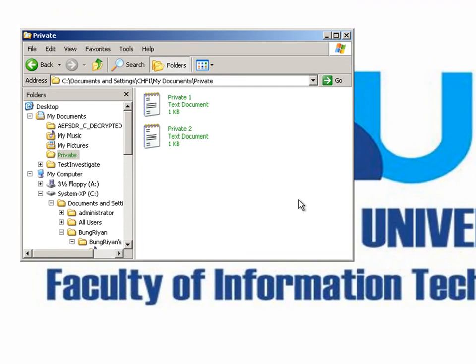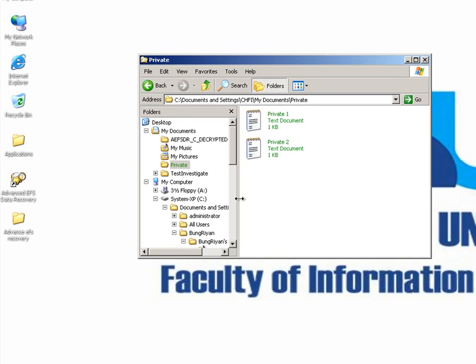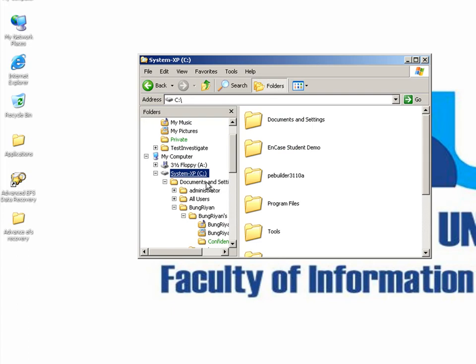So what if we want to see the encrypted files from other users? I already created a user, and I named it Bung Rian.